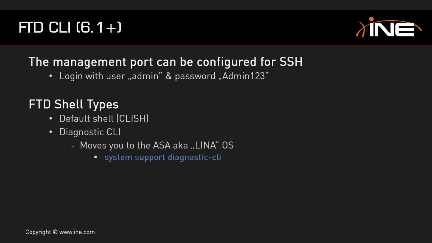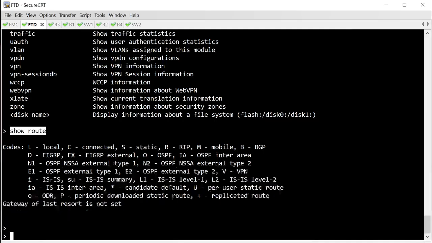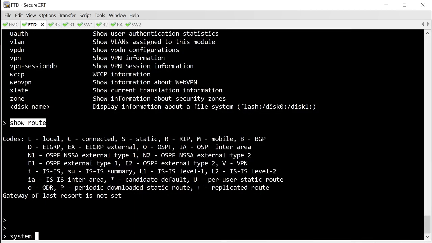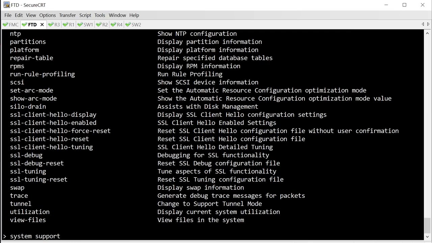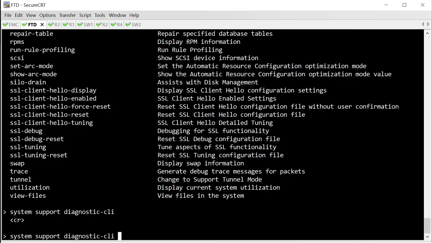Okay, now the other of the shells is known as diagnostic CLI, which is going to get us to the underlying ASA OS, which is sometimes referred to as the Lina operating system. So when you see the term Lina, it means that they are talking about the ASA code, the ASA data plane. And now the way you can access this CLI is with the system support diagnostic-cli command. So we go to the regular, or just the default shell, we issue the command system support diagnostic-cli,